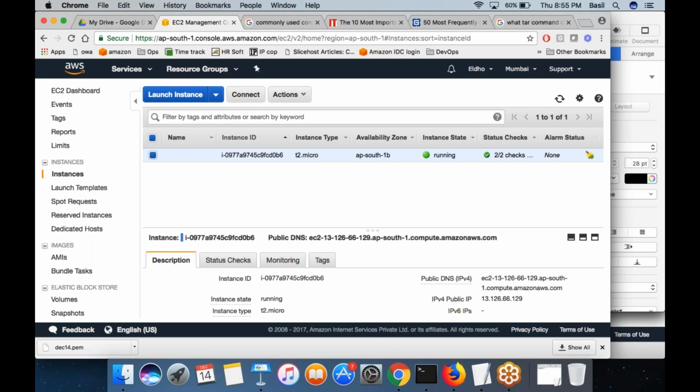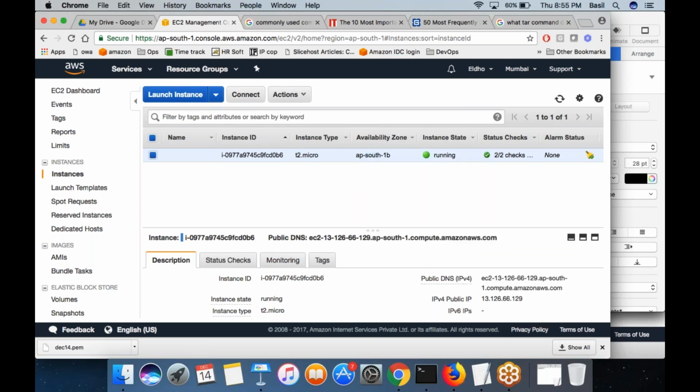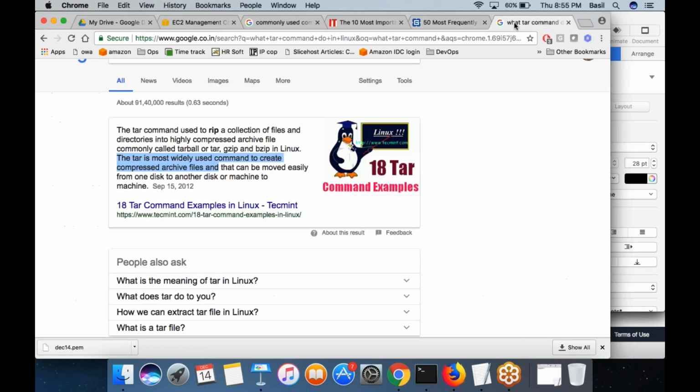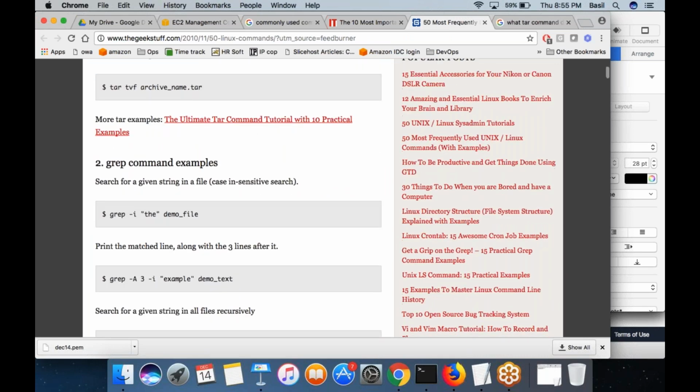And of course, this is not a chargeable machine that you have created, it is a free machine. So you can terminate your free machine, then create a new free machine. What I'm trying to say is, if some of your commands go wrong, you don't need to worry about that. Even if you crash your machine, you can anytime delete it and create a new machine. It's not a concern.